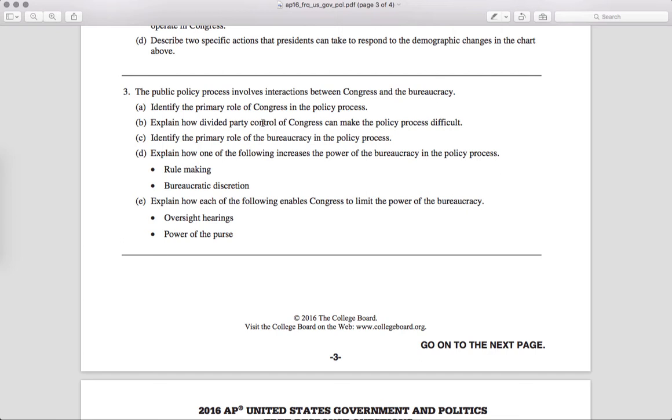Divided party control of Congress means that the House is controlled by one party and the Senate is controlled by the other. This can make the policy process difficult because a bill that is started by the House is shot down by the Senate. And vice versa, a bill started by the Senate will be shot down by the House because they're controlled by different parties and we live in an increasingly polarized time. Remember, that means that the Democrats become more Democratic and the Republicans become more Republican, and they're not willing to